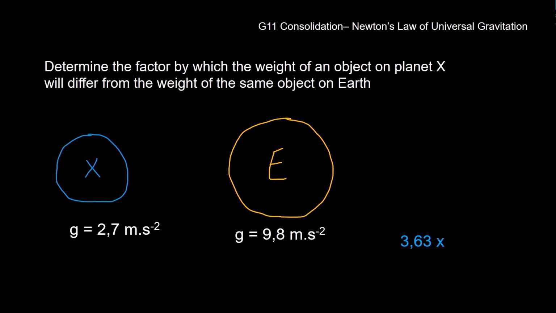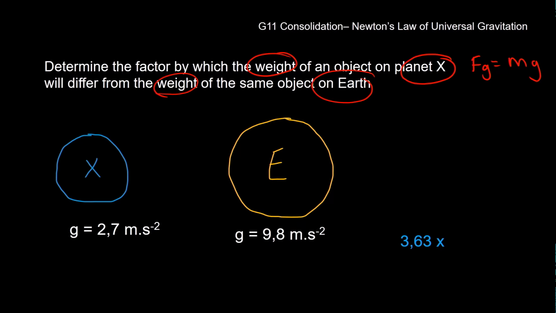Determine the factor by which the weight of an object on planet X will differ from the weight of the same object on Earth. Oh, weight. So again, we're talking about weight. Remember, F_g is equal to mg. Now, we don't have the mass of this object. The only thing that we have to compare